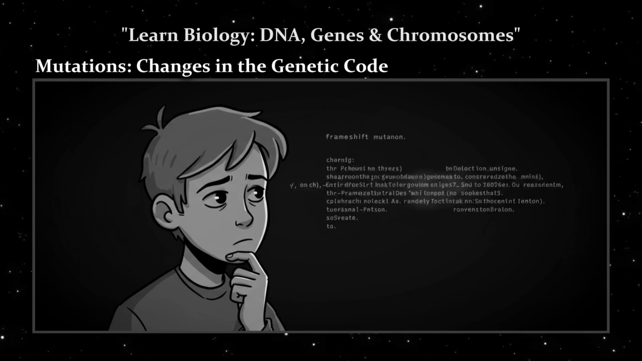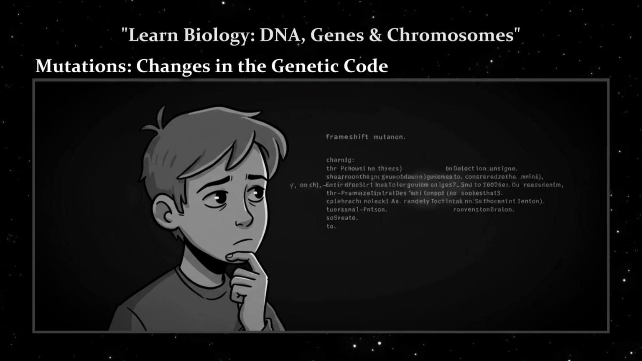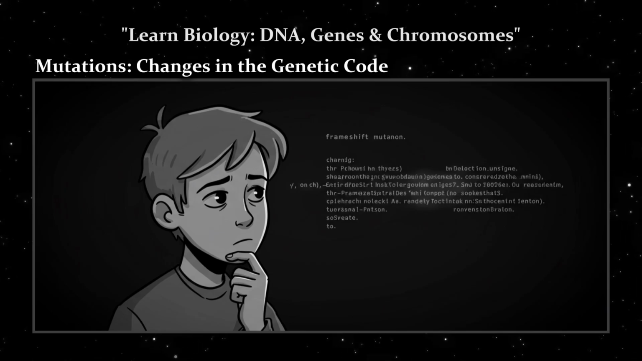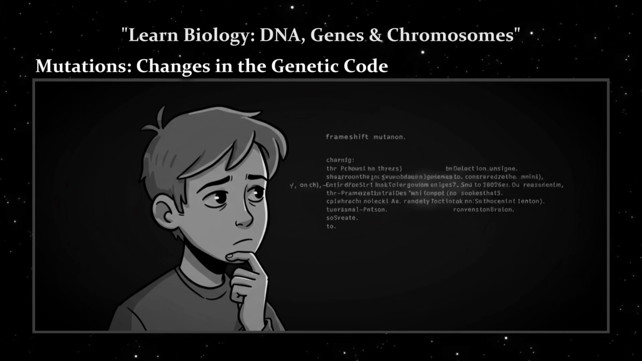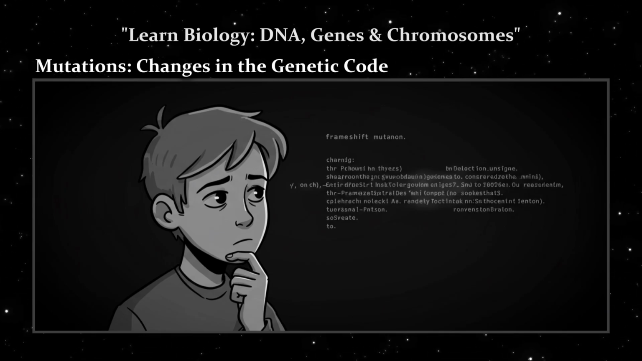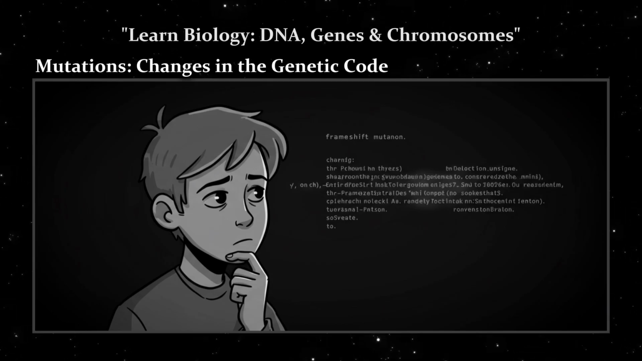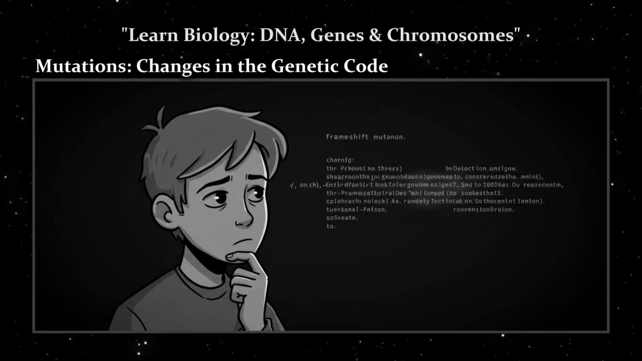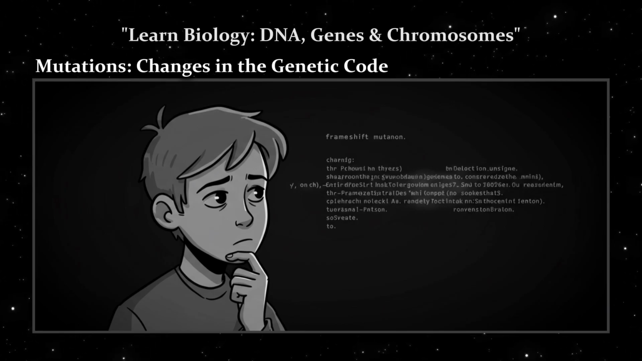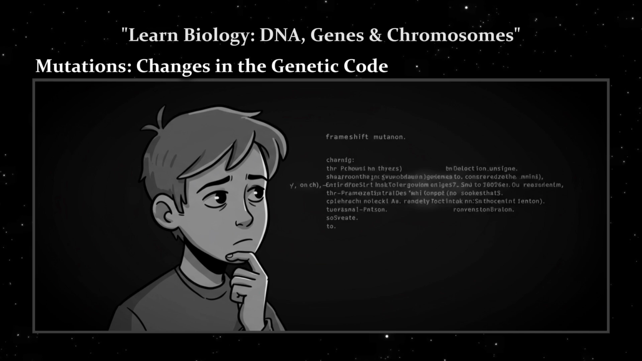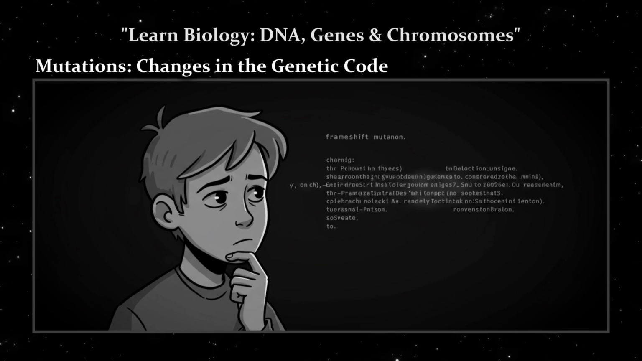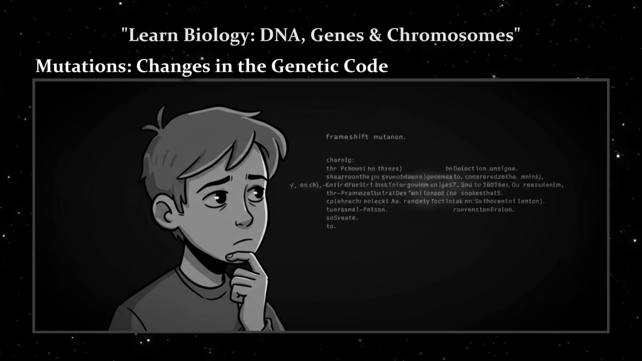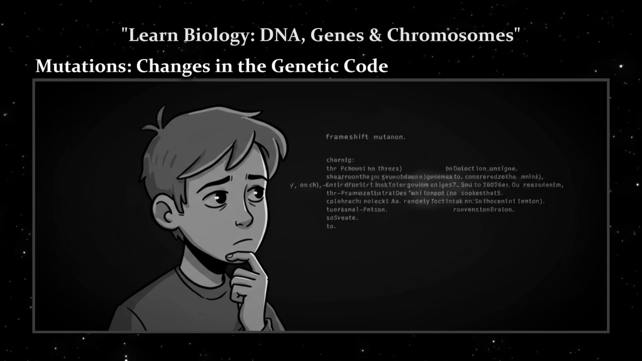a mutation. In this lesson, we will explore what happens when the genetic code, the very book of life, is altered. We will define what a mutation is, explore the different ways the code can be changed, and discuss the profound consequences for the individual and for all of life. A mutation is simply a change in the nucleotide sequence of an organism's DNA. These changes can be large, or they can be